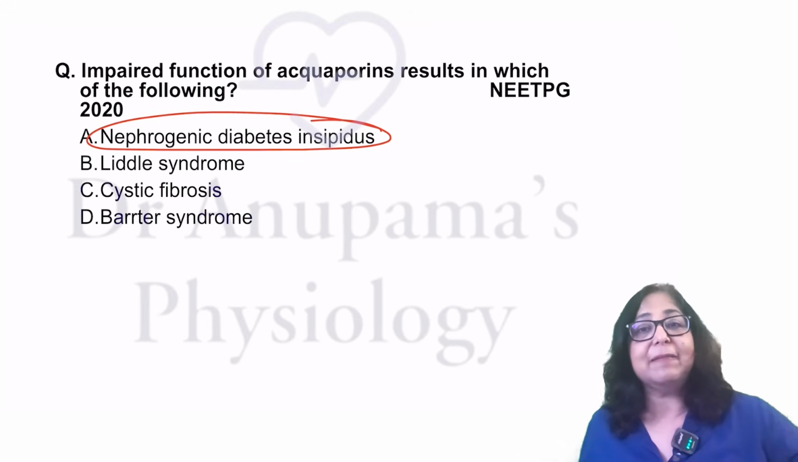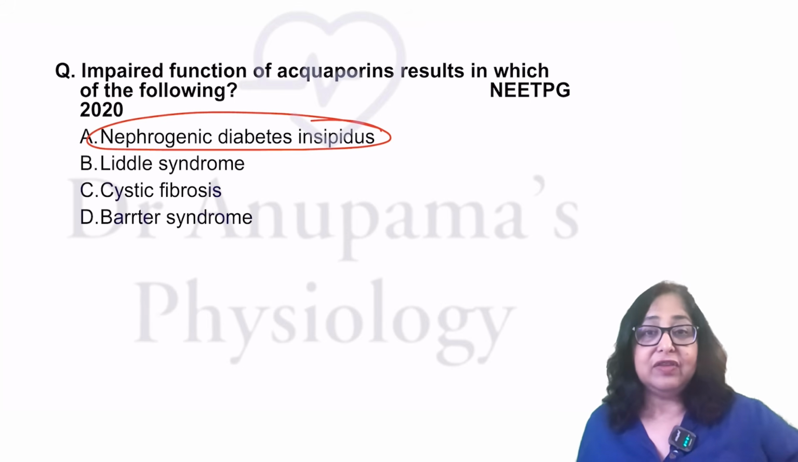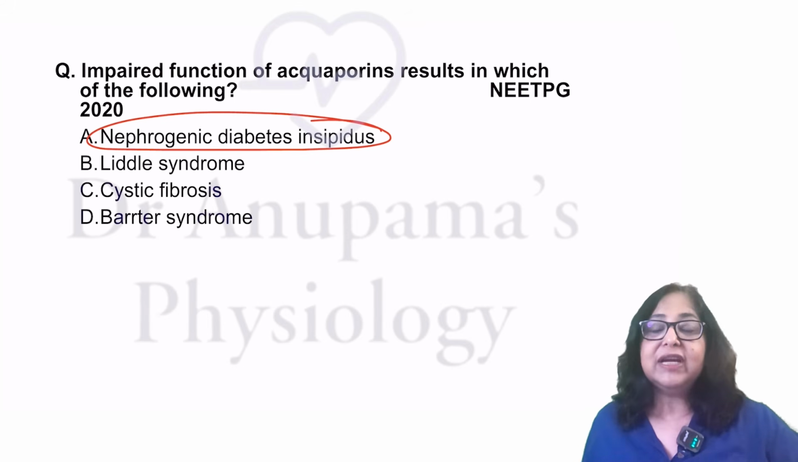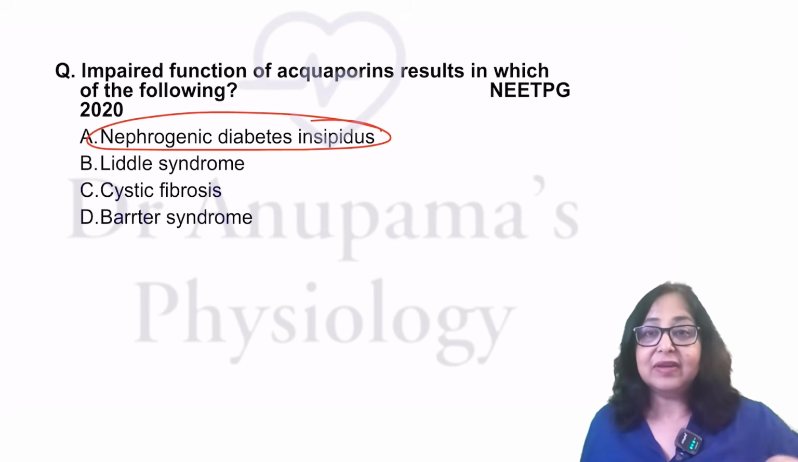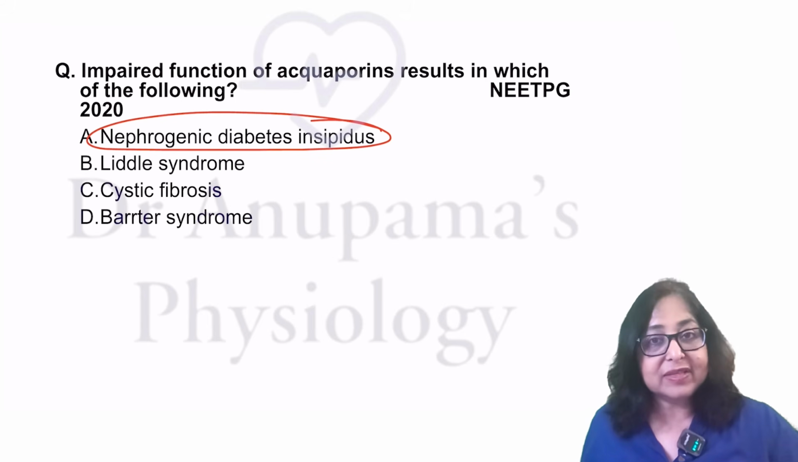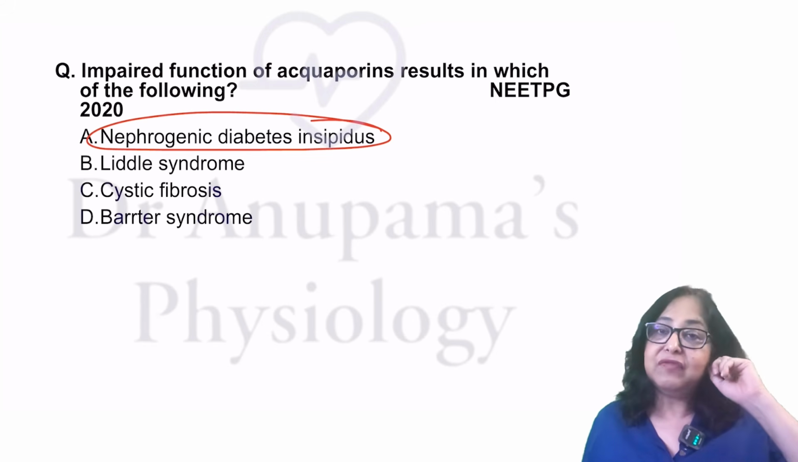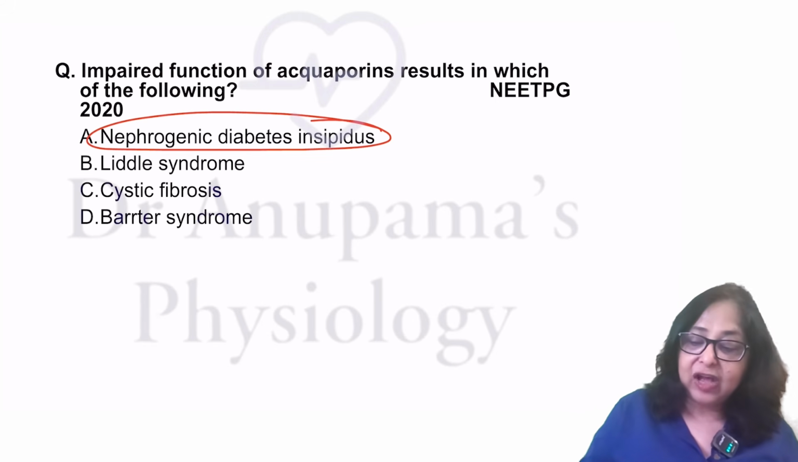Diabetes insipidus can be neurogenic or nephrogenic. Neurogenic, if there is decreased secretion of ADH from the posterior pituitary. Nephrogenic, that means there is a problem at the receptor level. Either there is a problem of the receptor or of the aquaporins. Just a brief reminder, which aquaporins are present on the collecting duct? Aquaporin